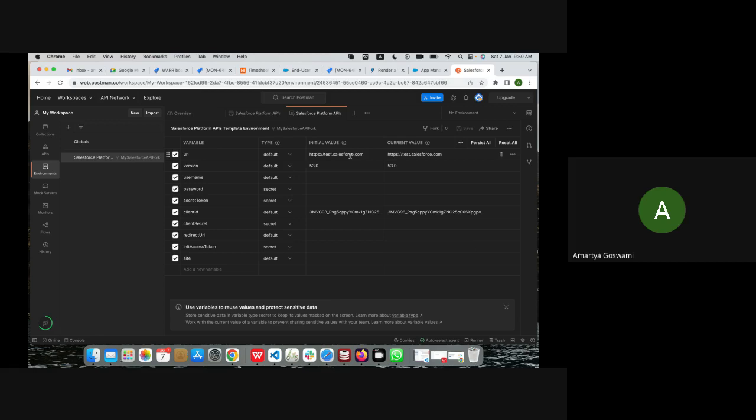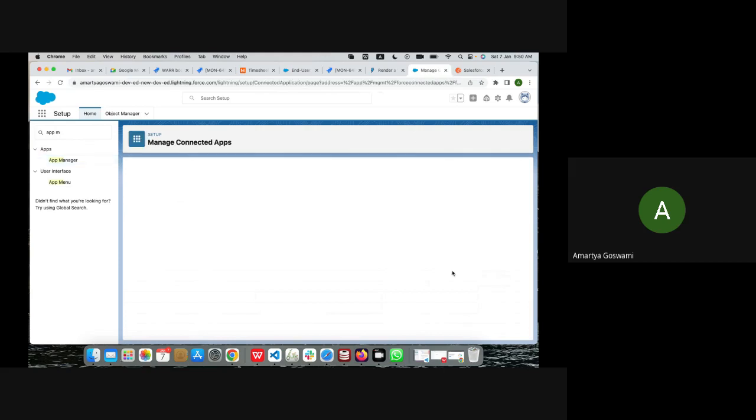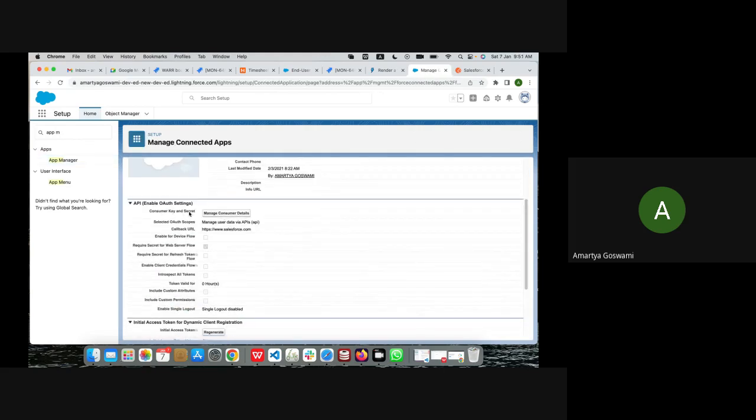Now with test you can connect to any test environment of Salesforce, like sandbox. Now, the specific sandbox you want to connect, it must have one connected app, and that connected app should give you this client ID and client secret. That client ID and client secret is the thing which you can get from this connected app. When you are creating this connected app, from this consumer key and secret you are seeing here,